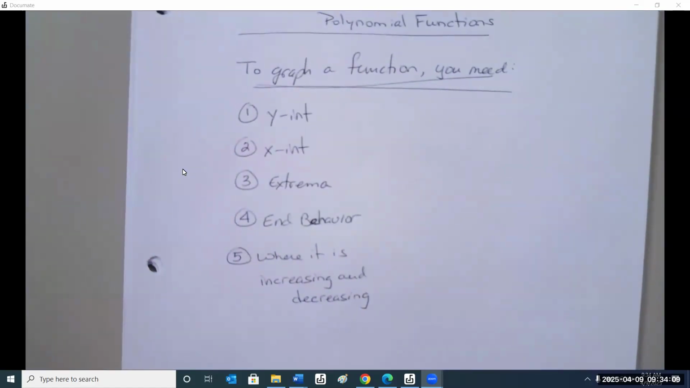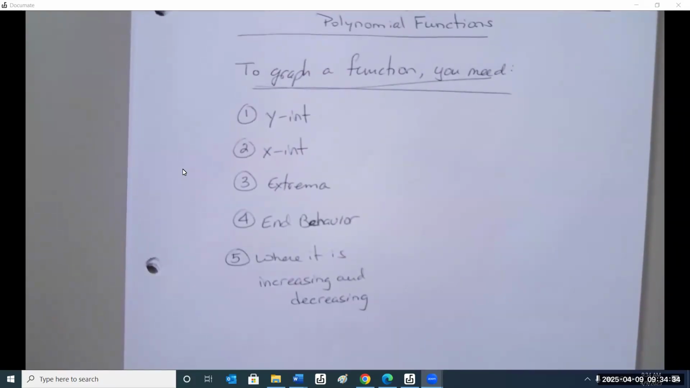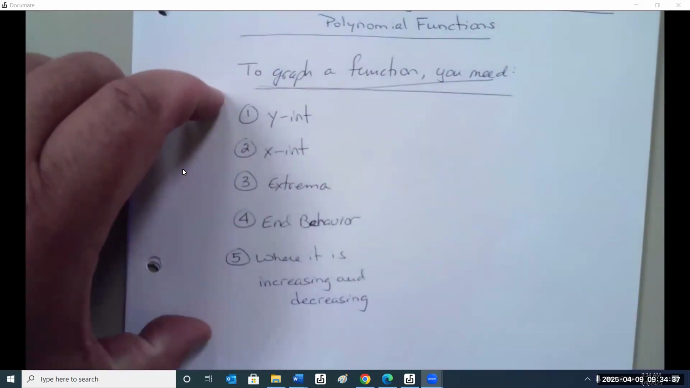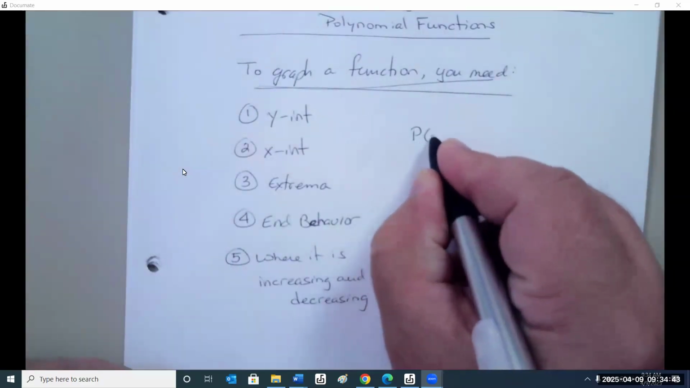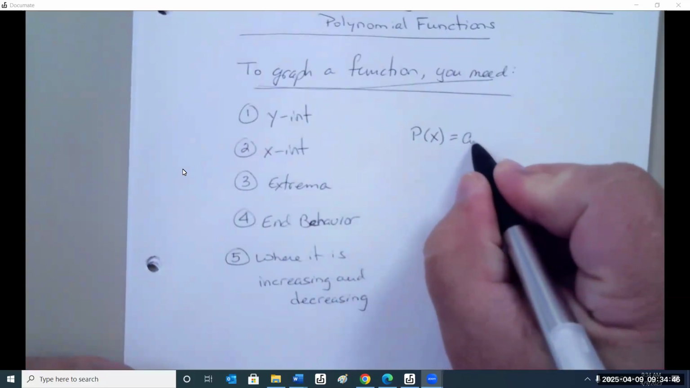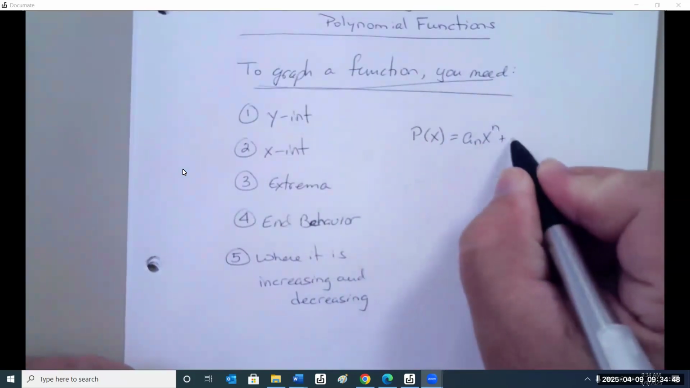We have the x-intercept, the y-intercept, the extrema points, the end behavior, and where the graph is increasing or decreasing. Is there anything else we might need? Well, that's a good start. And to be honest with you, this would be great to have, but just by looking at any polynomial of degree n,